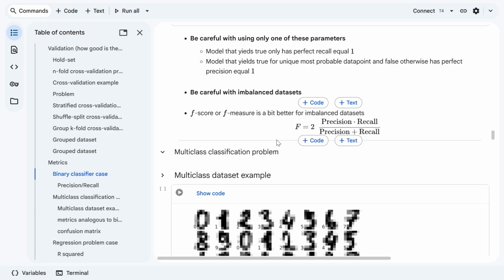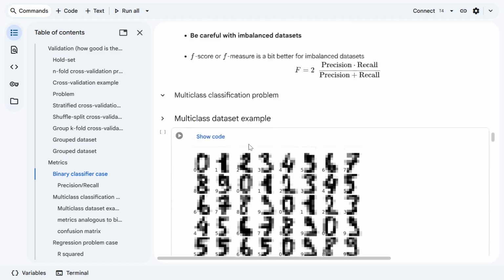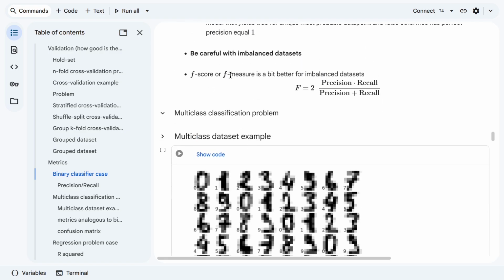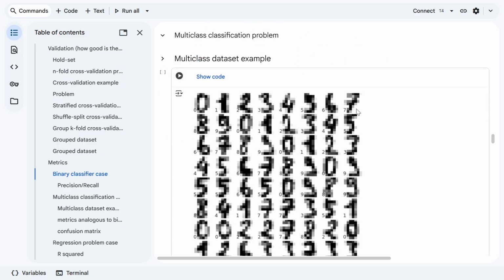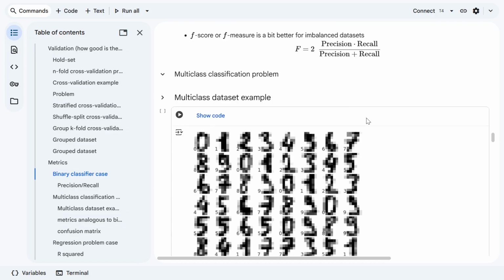In case of imbalanced data sets, once again, we may have some troubles, and in these cases, maybe you can use the so-called F-score or F-measure as a bit better for the case of imbalanced data sets. So here you see the formula, and maybe that will be your parameter of choice. Here is the case of the multi-class